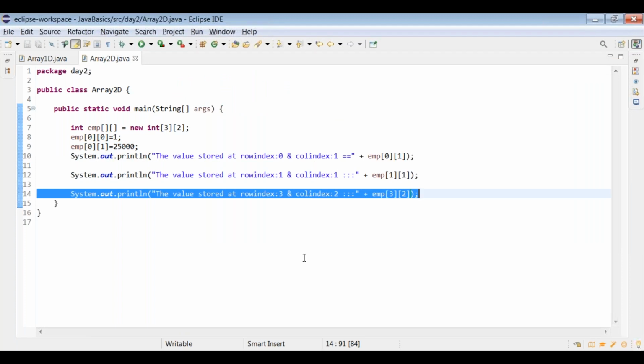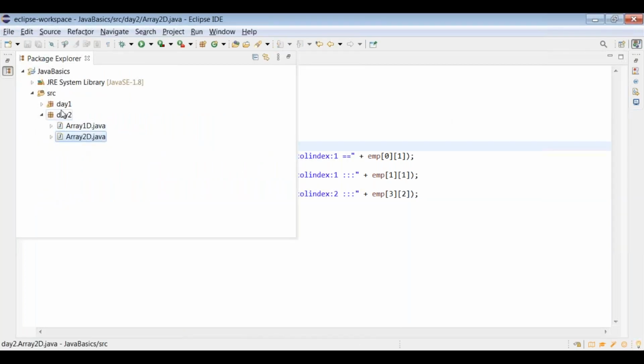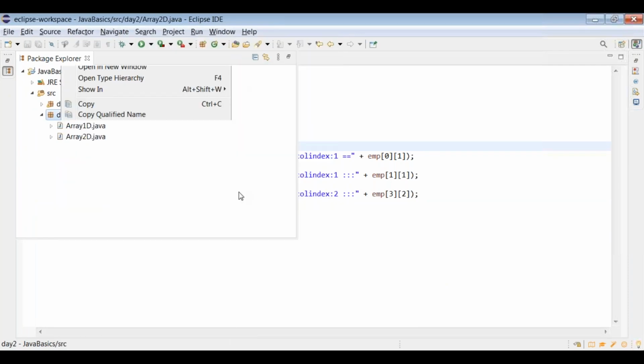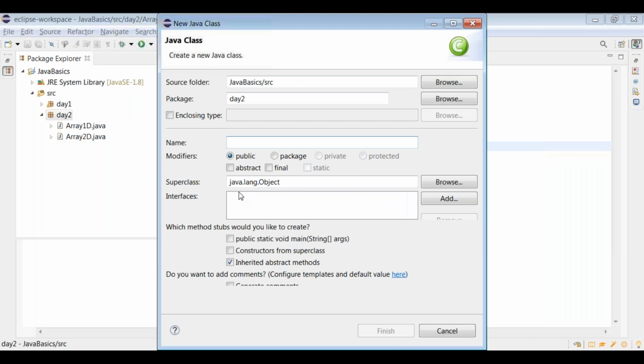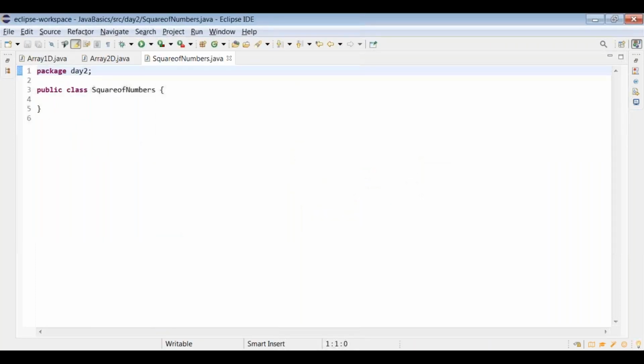Okay, so this is how we need to understand how we store the values like this. Now let's do one more thing. Let's take one more example to understand arrays. The example is, how do we find the square of numbers? Just mention square of numbers. So let's write down the objective here.